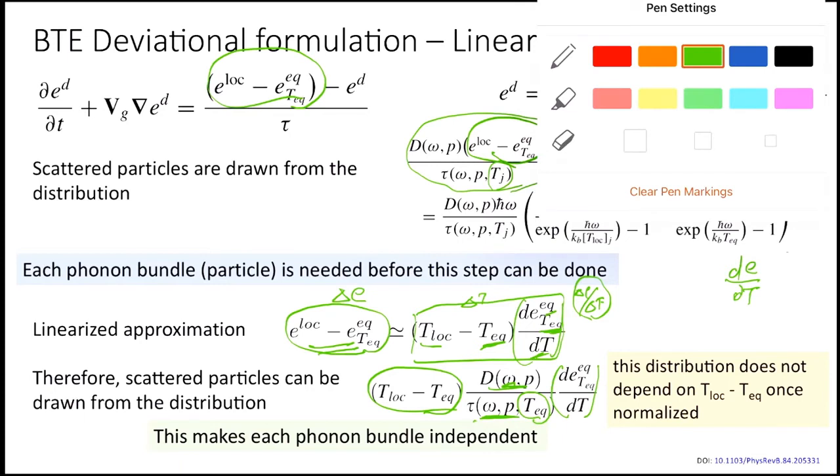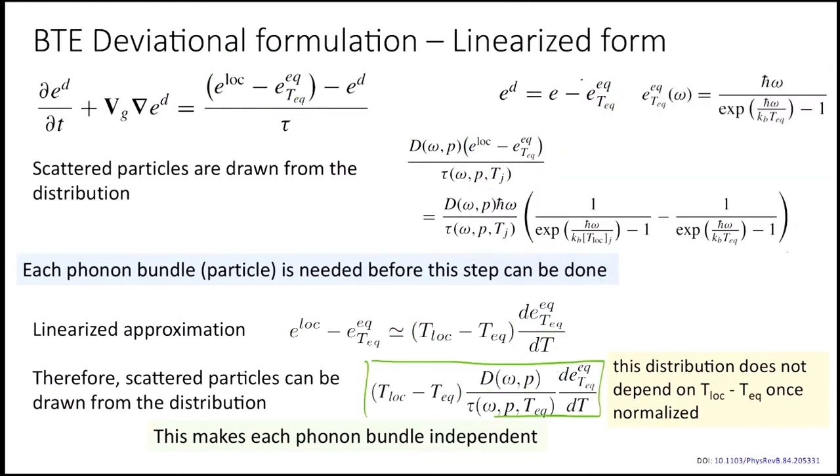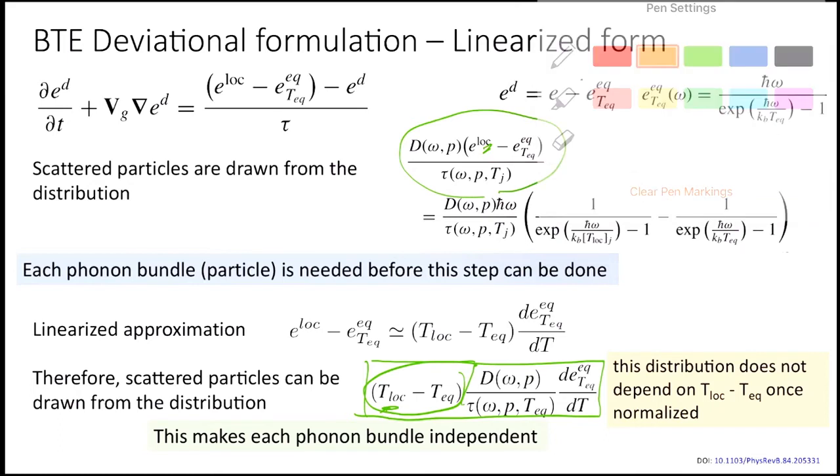So now when we have to draw the particle, we have to draw the particle from this distribution instead of this distribution, which needed the information of local temperature. This expression also needs the information of T local. But if you remember, we were drawing particles from a cumulative function we were making. If you make a cumulative function, because this is some prefactor A, B, or whatever, this would cancel out. So ultimately, we are left with this equation, d omega by tau dE by dT. And this term does not contain any local temperature.